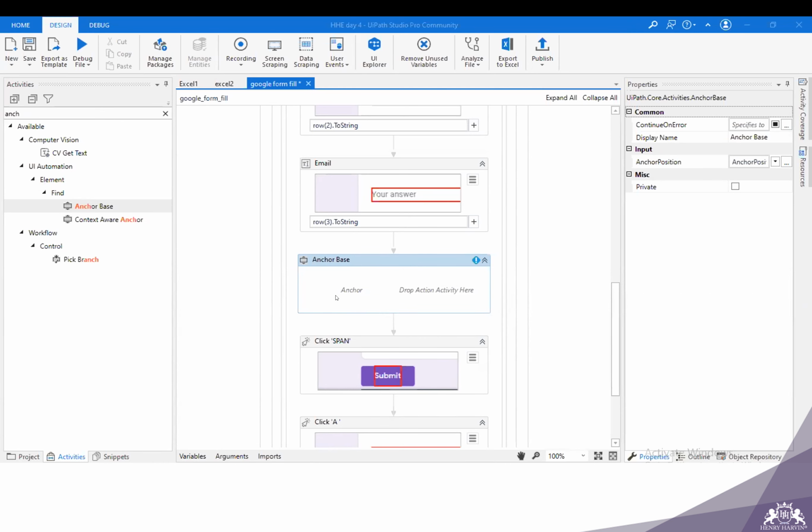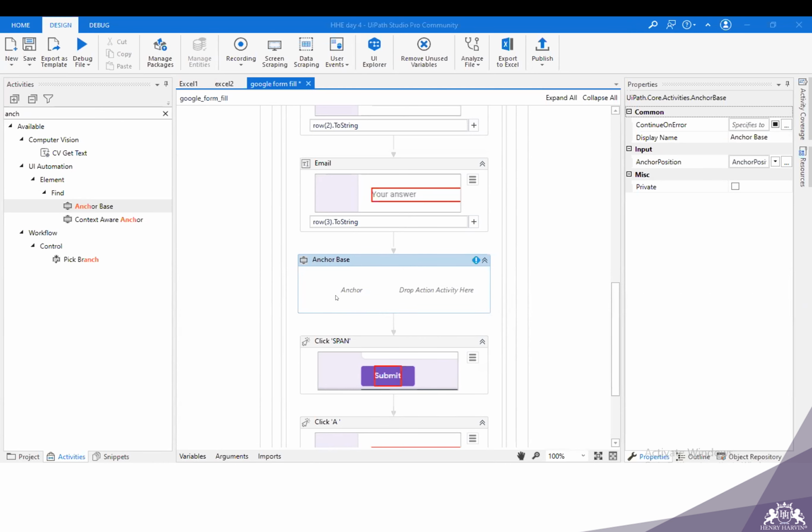So in this case, in the example of the RPA challenge, you have to download the sheet from here, from the cloud. Once you download it, that sheet is to be read, and using a for each loop, you will iterate through each row of that Excel sheet. And inside the body, you will drop seven anchor based activities, like this.